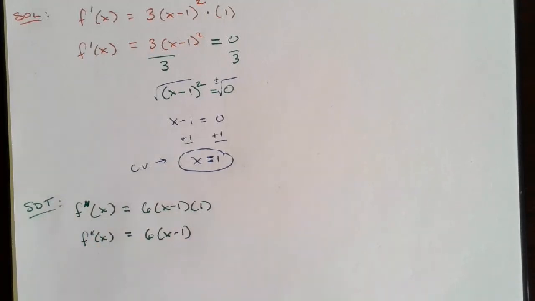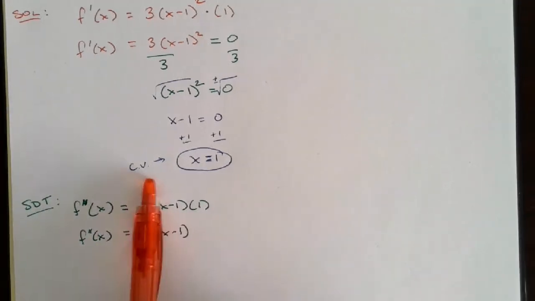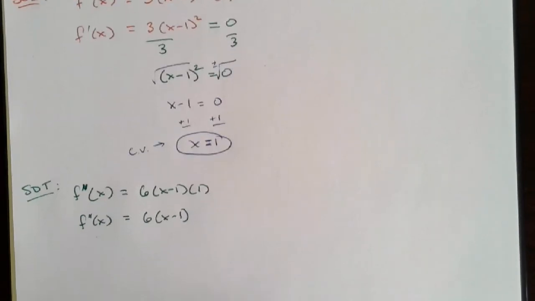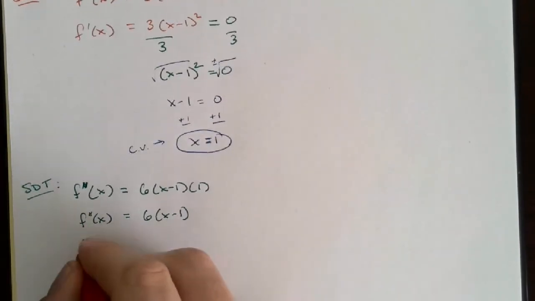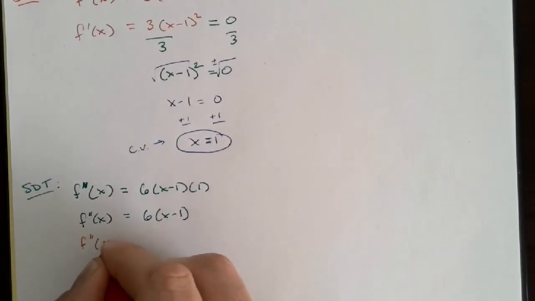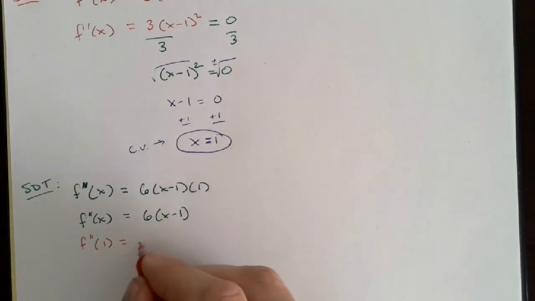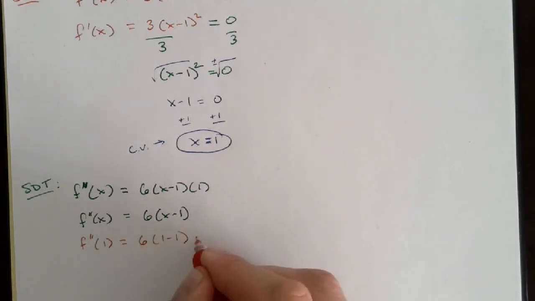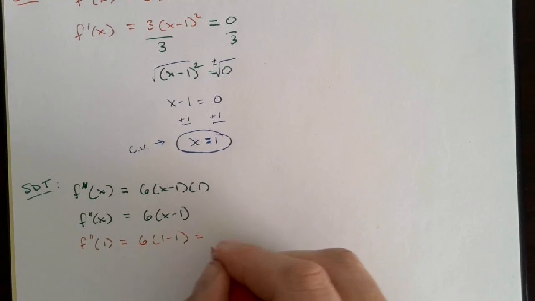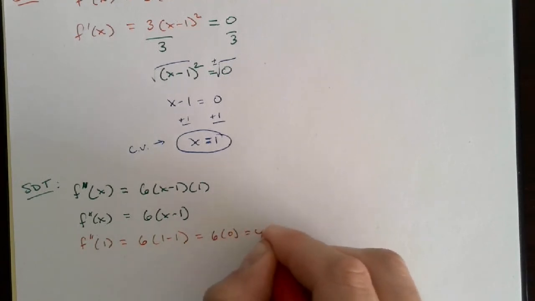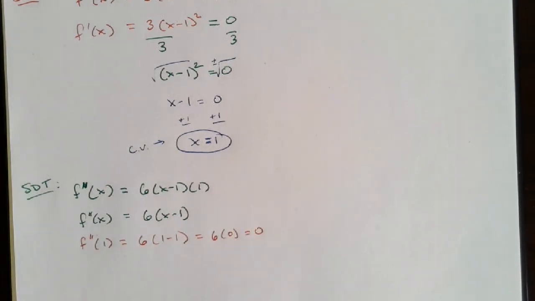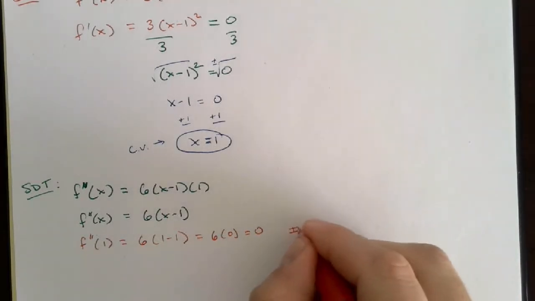And remember what we want to do. We want to substitute our critical value into here and see if we get something that's positive or negative to determine if it's a maximum or minimum. Well, f double prime of 1, substituting in my critical value, is 6 times (1 minus 1), which is 6 times 0, which equals 0. So that's not positive or negative. So our second derivative test is